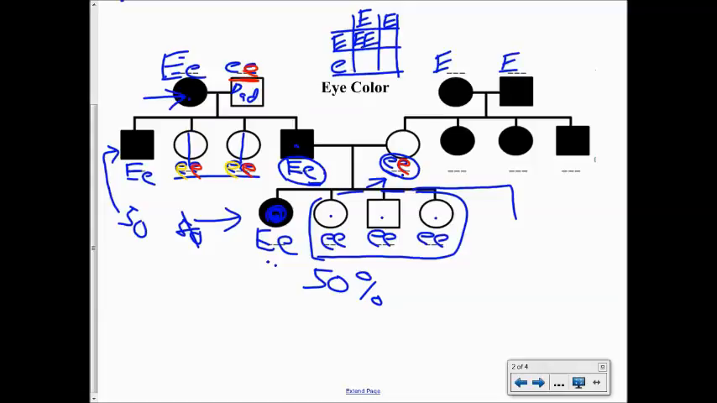When I do this combination, what percentage are going to have the dominant trait? Well, any of the ones with the big E will have the dominant trait, and you can see that the outcome is 100%. Does that match what we see down here? 100% are dark? No. So obviously that can't be the answer. So let's try